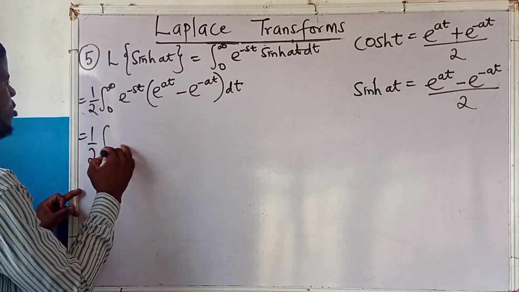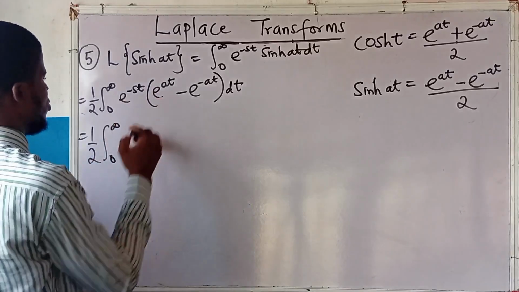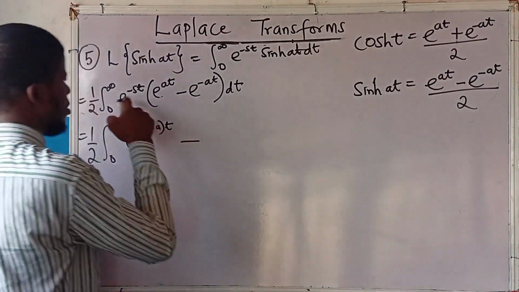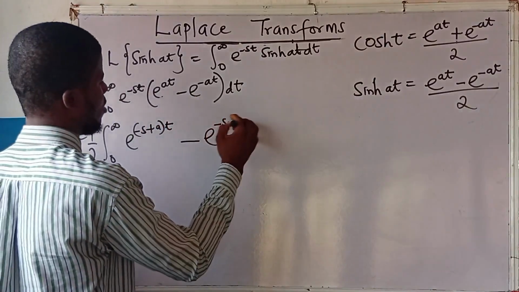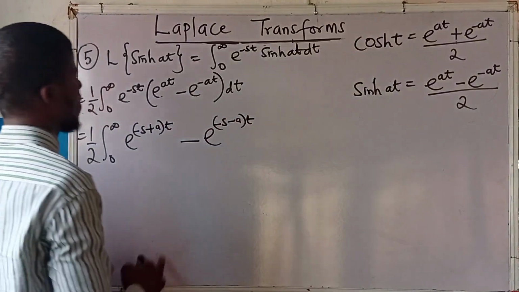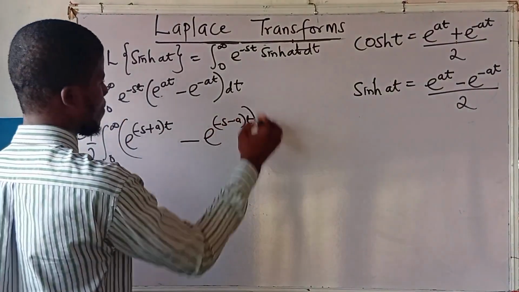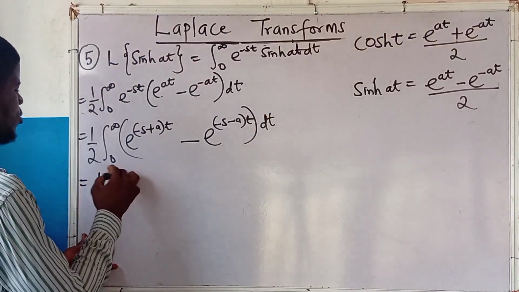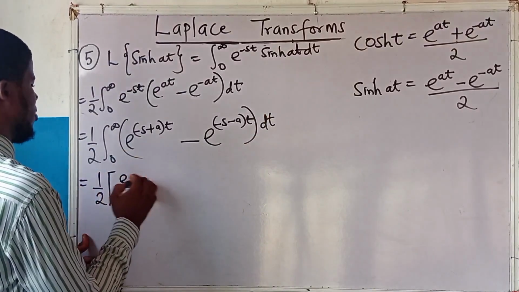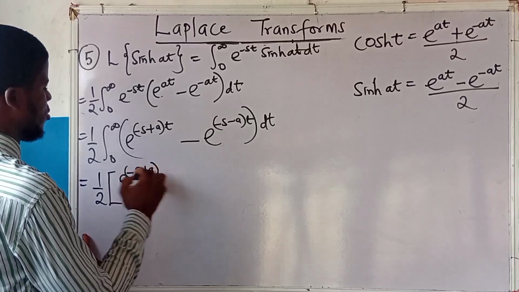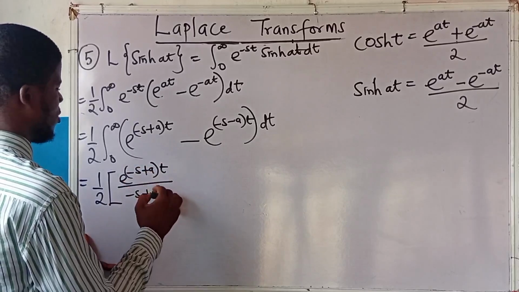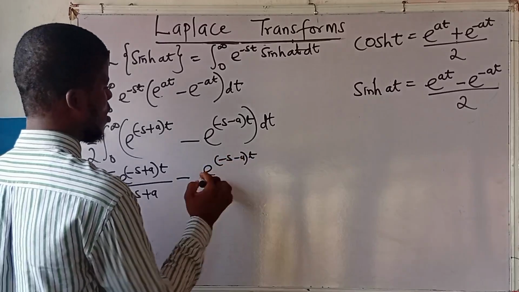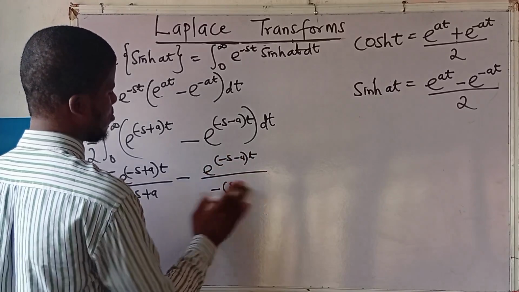1 over 2 into the integral from 0 to infinity. Multiply this till you get e to the power of minus s plus a into t, then minus this times this, e to the power of minus s minus a into t. Integrating this function, we have 1 over 2 into, if I integrate this, I'll get e to the power of minus s plus a into t all over minus s plus a. Minus, integrate this, you get e to the power of minus s minus a into t all over minus s minus a